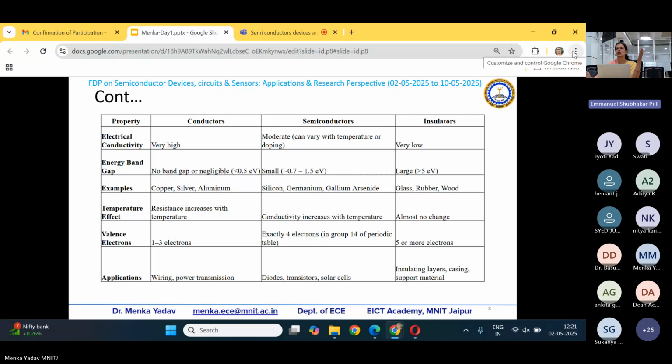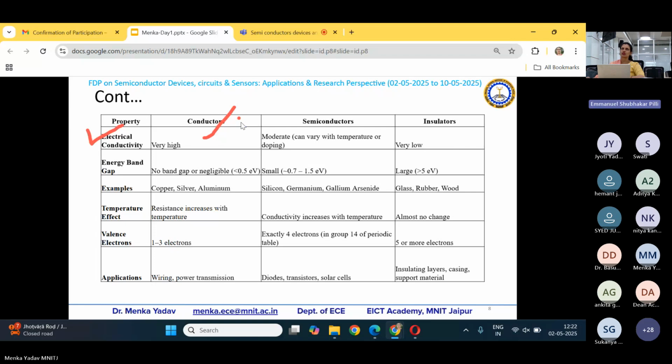For example, you are preparing, let's say, a MOSFET. You need one insulator in between the active channel and the gate contact. You need insulating material. So for completeness, we have discussed all three materials together and their properties. First of all, there is electrical conductivity, on the basis of which we will be segregating the three types of material. For conductors, the electrical conductivity is going to decide how much current can flow. So the conductivity is going to be very, very high.